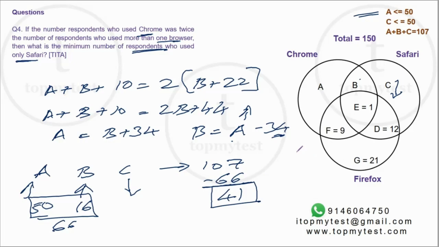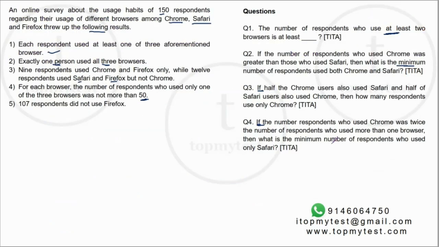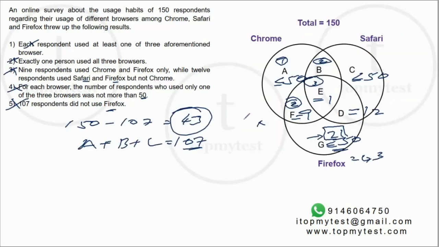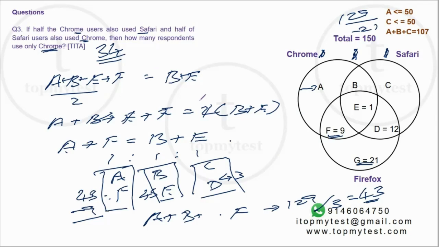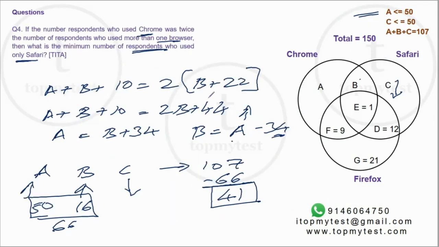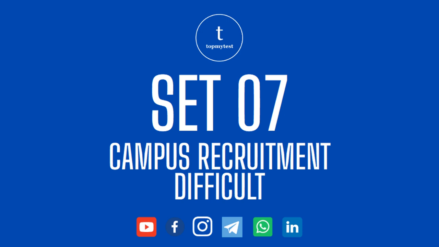Right? So it's a not very difficult set, because you know just by looking at the problem statement as well as the questions, that this is a 3 variable Venn diagram where a lot of information is not given. So we basically work through whatever is given, get our constraints, and then apply individual constraint to the questions which are given and solve it. In an exam situation, max 10 minutes. You can also solve it in 8 minutes. Again, the key point was identify it's a Venn diagram question, fill up the values, job done.